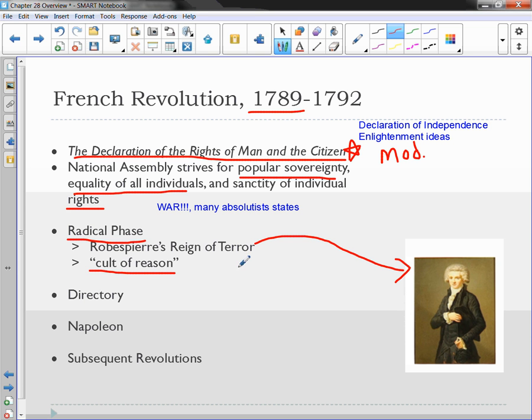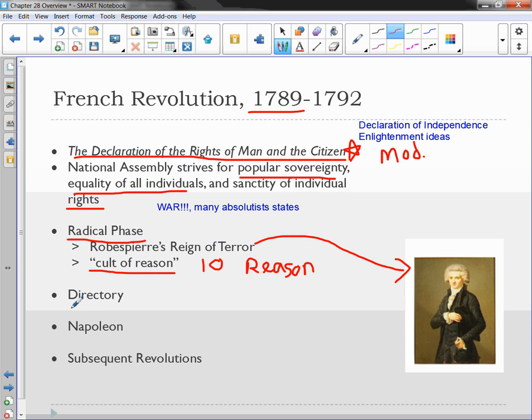France is still at war with lots of states, but eventually this cult of reason is debunked. This is the time I was talking about in class where everything was divided by 10, like days and weeks and months. So there are 10 days a week instead of 7. They get rid of the whole Sunday thing. They turn the churches into houses of reason. There was a lot of change. And like I said in class, you wouldn't only not know what day it was, you wouldn't know what was going on with your government at all.